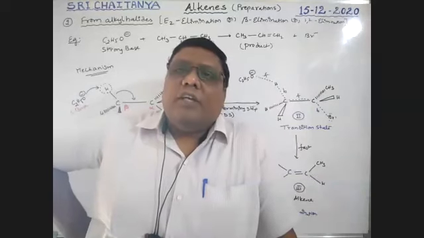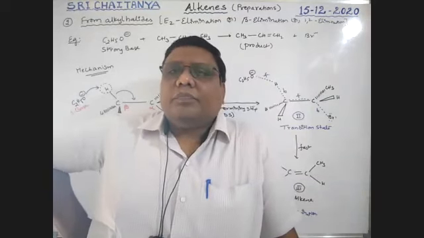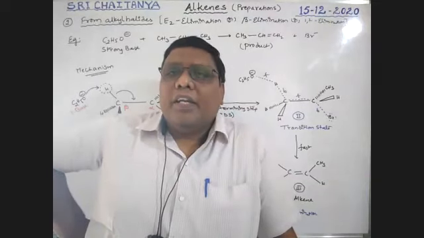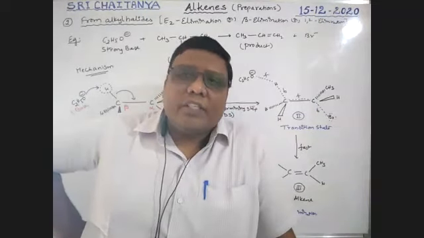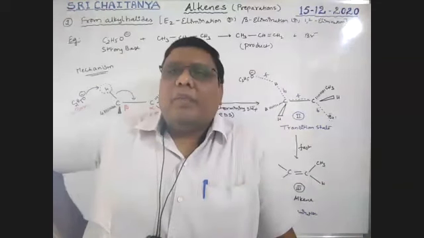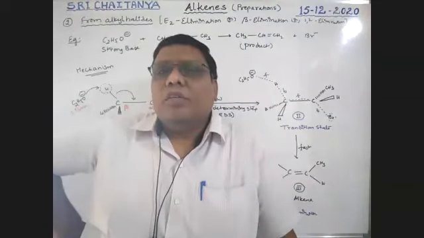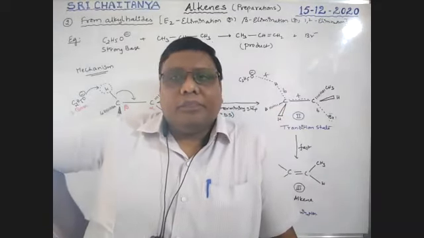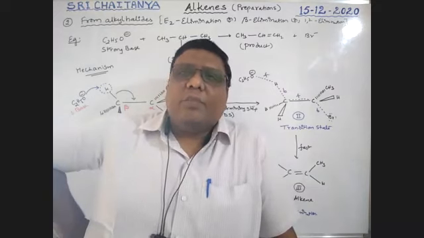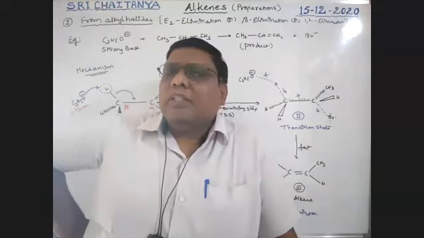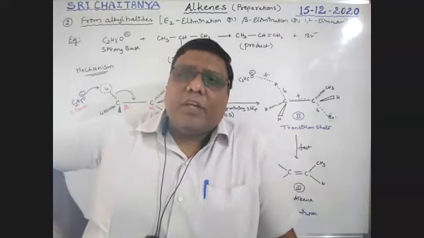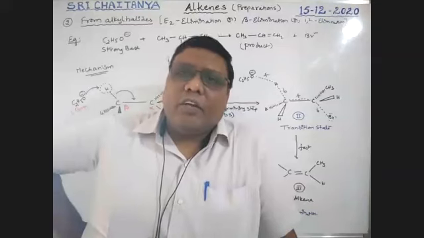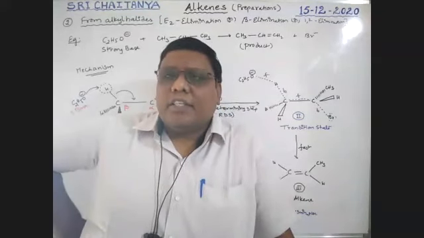So yesterday we started alkenes. Some preparation methods are already completed, and some conditions towards elimination we already discussed there. What are the requirements? What type of solvents and what type of bases are used? All that raw material I dumped there. Now I'm using that concept. So now that is the second preparation method. Already the first one is completed. That is hydrogenation, from alkynes, partial hydrogenation, which was completed yesterday.